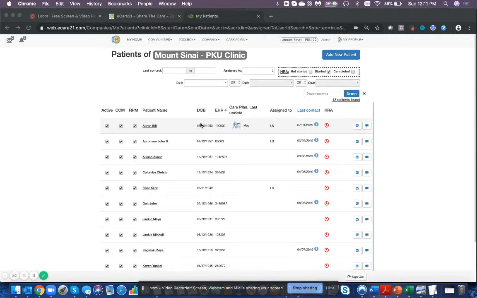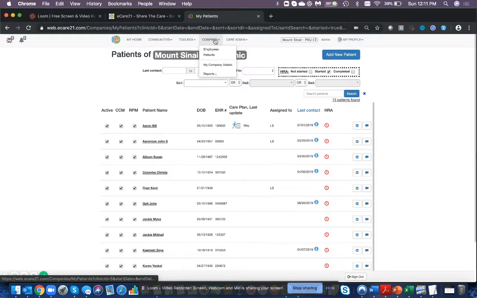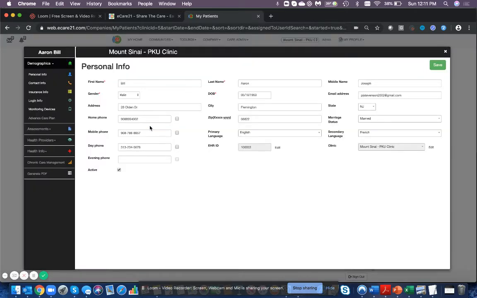Hello, now let me show you how we record vitals data for a patient and how a patient enters their vitals data both manually and through a connected device like a pulse oximeter. Here we have the patient list underneath the company menu item, and I'm going to look at Bill Aaron and